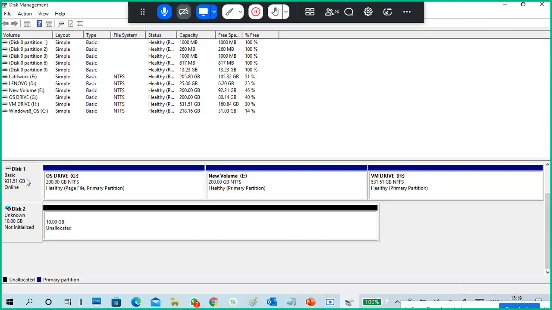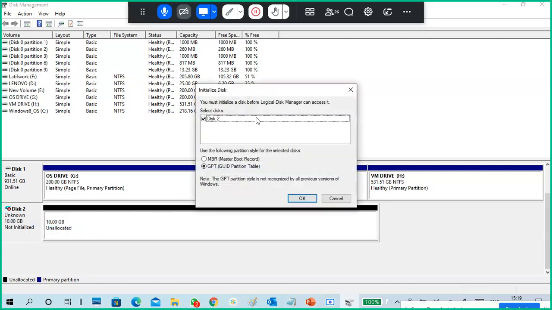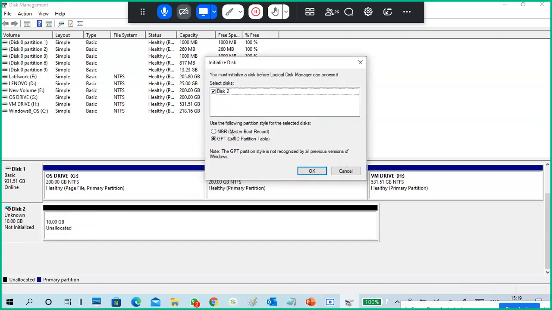Even for this hard disk, when I attached it the first time, it asked to initialize. So right click, initialize the disk. It shows two options: MBR or GPT. You can initialize as MBR or you can initialize as GPT. Either one you can select. So that is MBR and GPT.